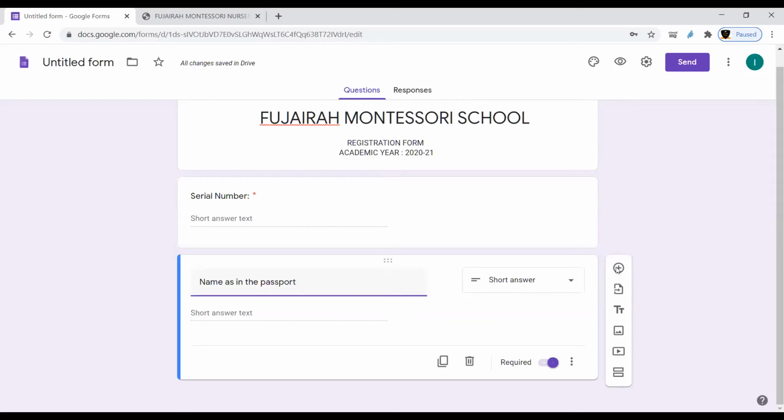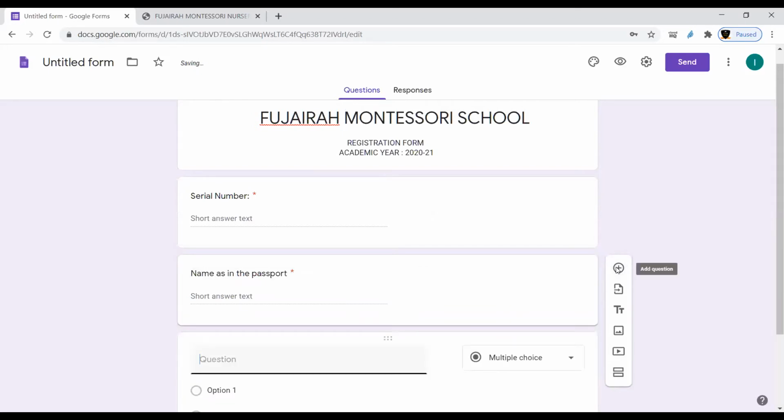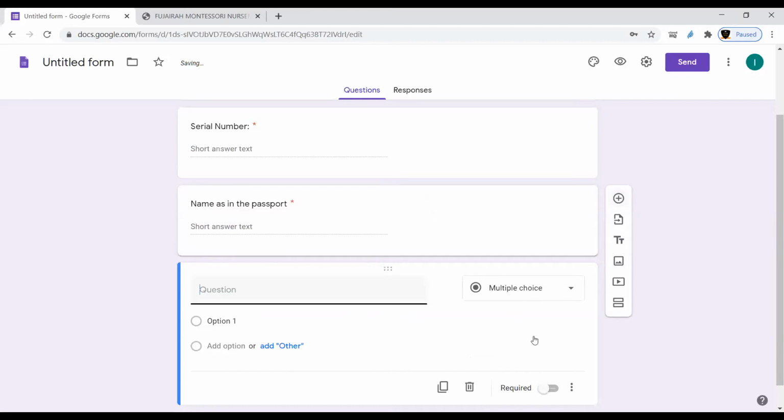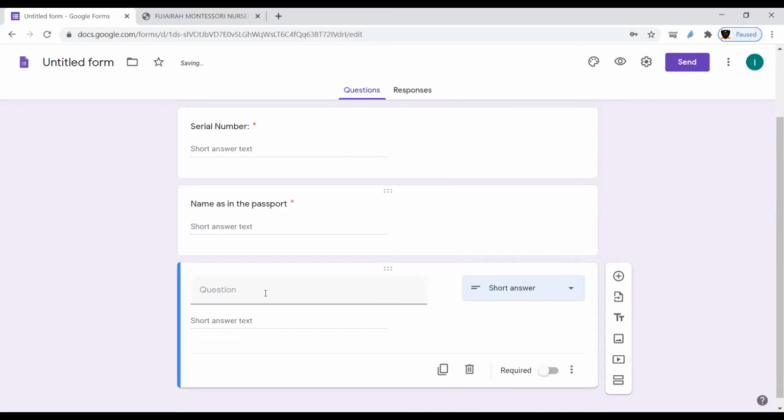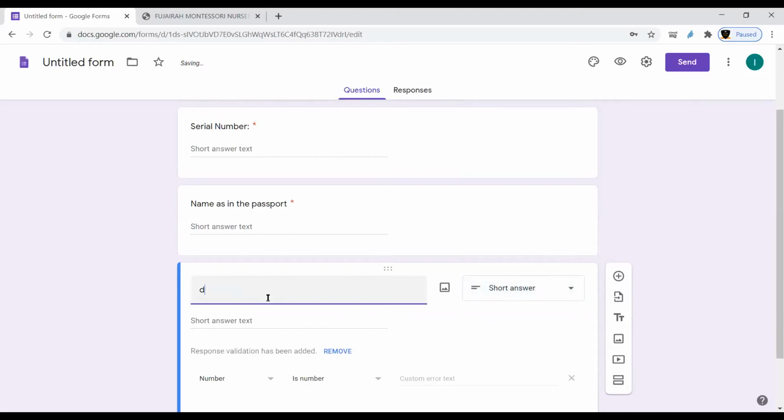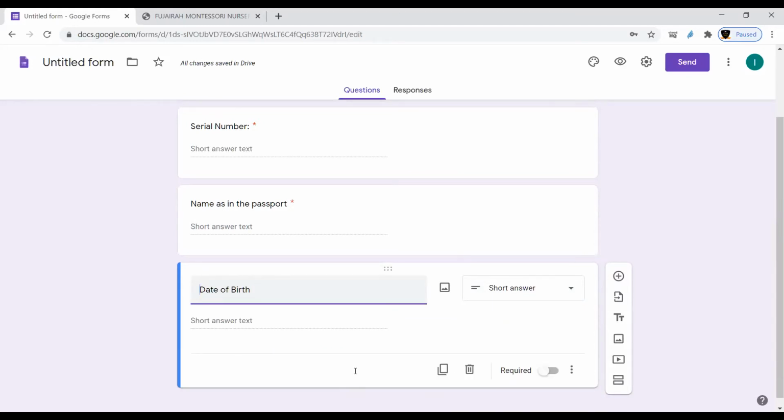Now again for the third or fourth one. Let us suppose here also I am going to click the short answer, and let us suppose I have given here date of birth. I'm not going to generate all the fields here. We are going to have a demo of it because we do not have so much time.